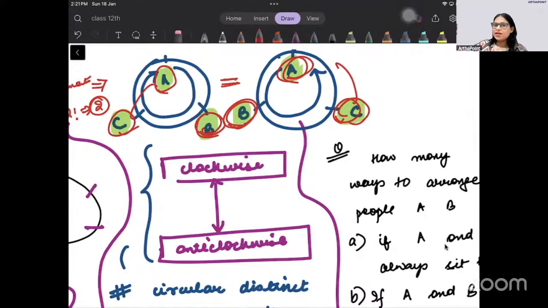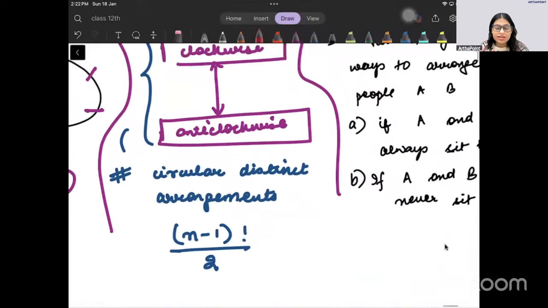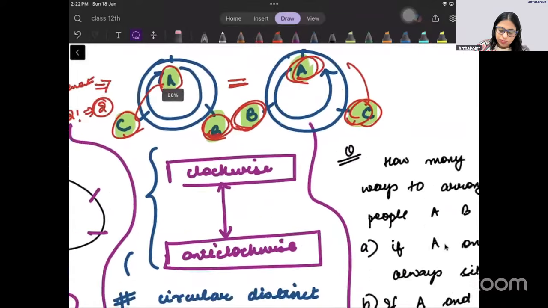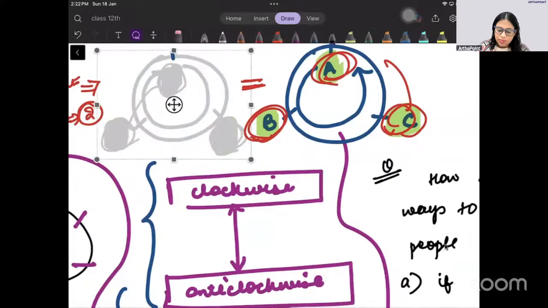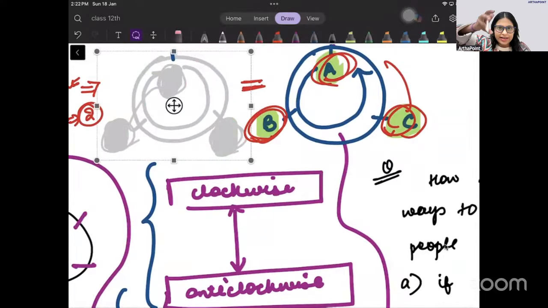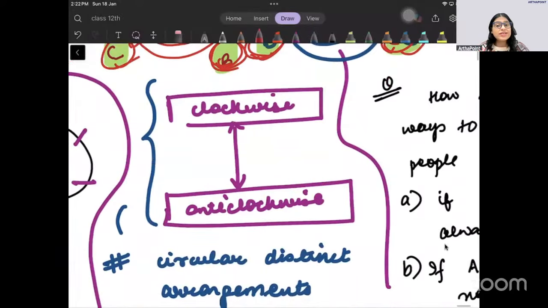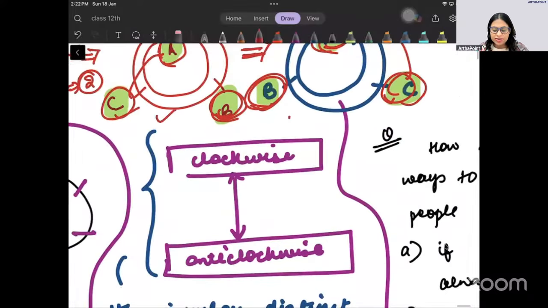Okay, from one angle it will look circular, from another angle anti-circular. So in that case, if someone asks you to find distinct arrangements, because such arrangements are the same only, there is no distinction. Just think about it. If I rotate this a bit circularly like this, you will get exactly this. Because it's a circle, I can always rotate it. So these two are the same only, this arrangement and this arrangement.